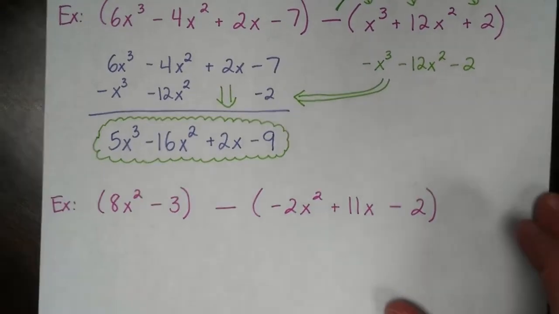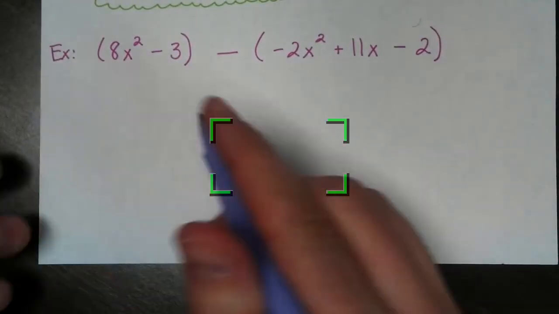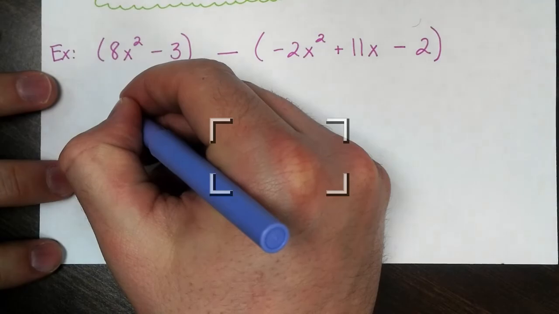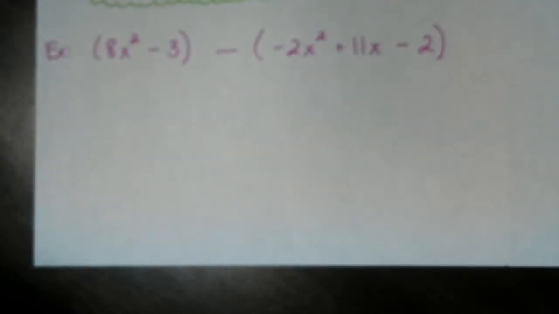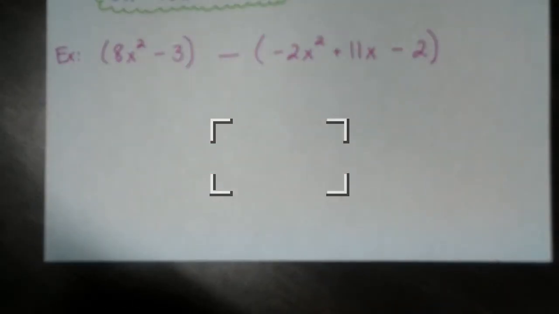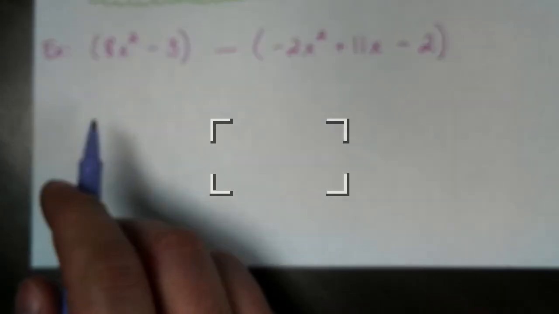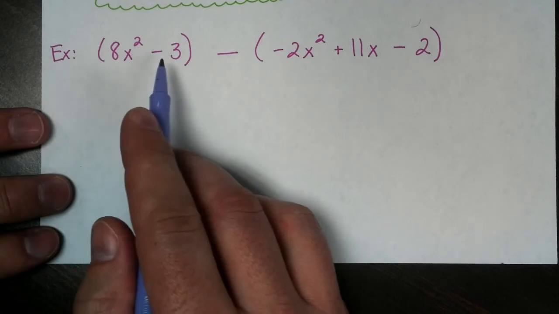So let's take a look at the last example here. Again, I'm going to rewrite my first polynomial, but this time I've already dealt with this problem before, when I was dealing with the addition. And I'm sorry about the focus. I'm really trying to get this down. And there we go. I've already dealt with this problem, so I'm going to leave a space in between